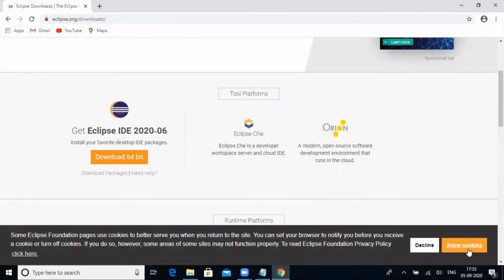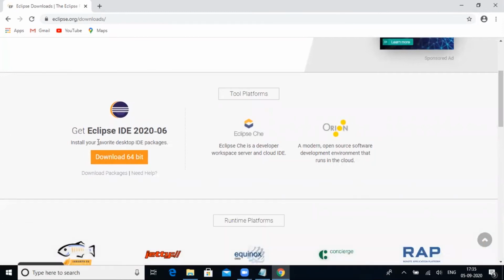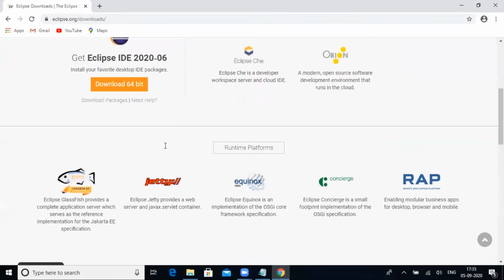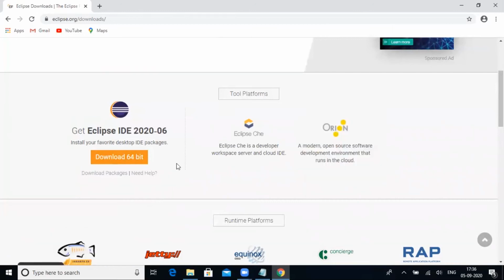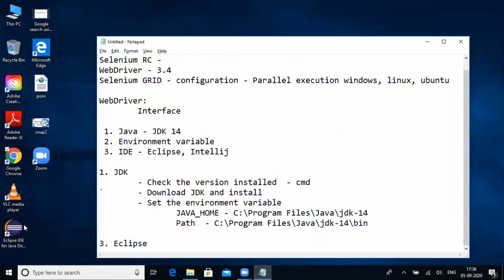Automatically it will recognize your operating system's bit and show it. So download 64-bit and install. This is basically the editor where you actually program. In Python we have PyCharm, like that. If you are using Java, you can use Eclipse. Simply download and execute the file. Eclipse will be downloaded and installed in your machine, and open it.